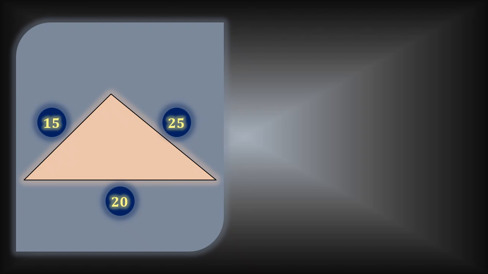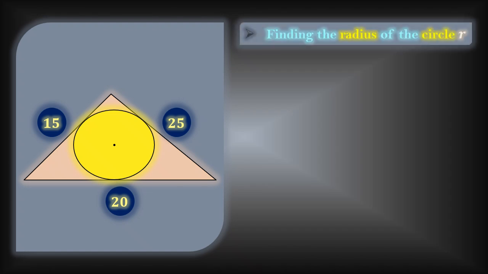In today's video, we consider an arbitrary triangle whose side lengths are equal to 15, 20, and 25 units. Inside this triangle, we draw a circle tangent to the three sides of the triangle. Our objective is to determine the length of the radius of this circle, denoted by r. To do this, we will rely on Heron's formula, which we already proved in a previously published video on this